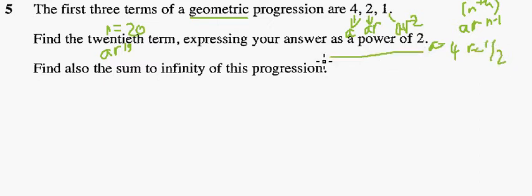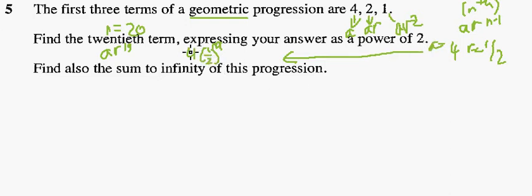If we substitute that back into ar to the 19 for part 1, we get, sorry, 4 times a half to the 19, which you can work out. But what makes this question slightly difficult is that once the answer is a power of 2,